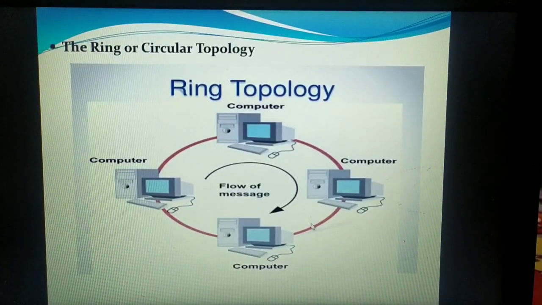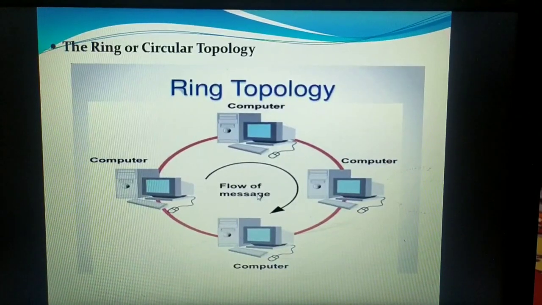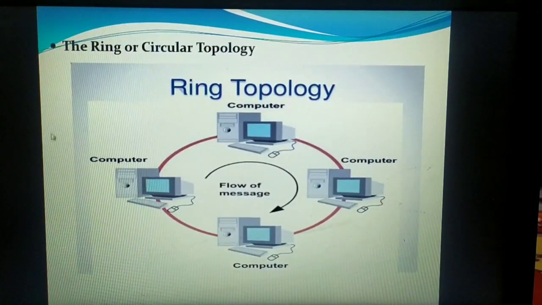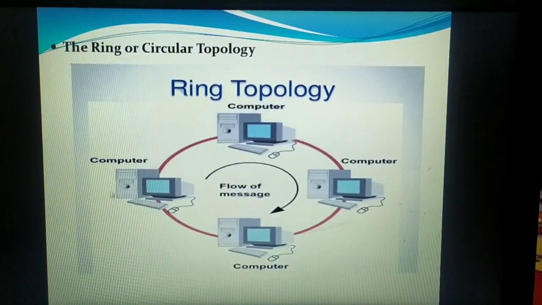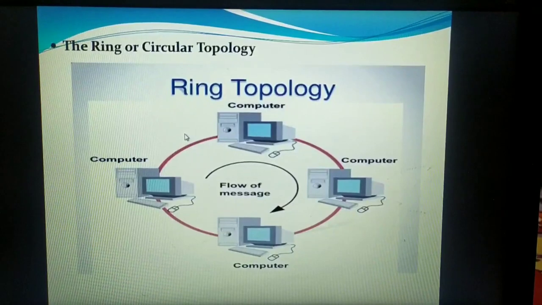Once you are disconnecting, you are disconnecting this cable. At some point, maybe here, you disconnect, add one more cable, and bring one more new node here. That means if you are reconfiguring the network, you have to completely shut down your network. The working of your network has to stop for a certain period of time until you make a new connection for your new node. So that is why network reconfiguration is quite difficult. Until you add the new node with the cable and everything, you cannot restart your network. So this is one of the disadvantages of the ring topology.